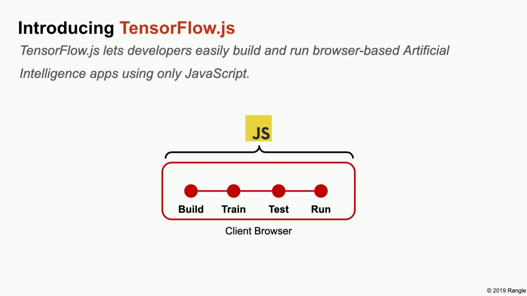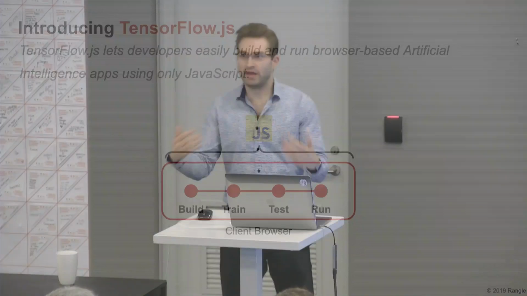So that really is a paradigm shift for getting these kinds of capabilities into front-end applications. So I'm going to spend a few minutes going through a couple of, basically fleshing out some of the advantages that this brings to help you understand its significance. And then we're going to start going into some examples of what people have built with TensorFlow.js that will really serve to illustrate those strengths.